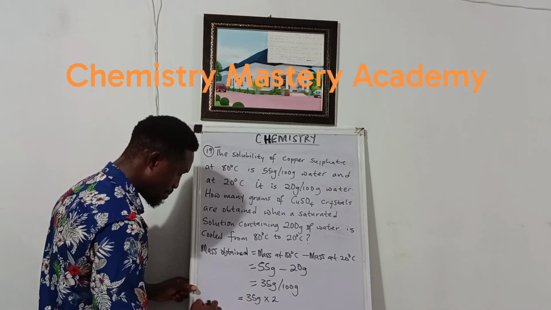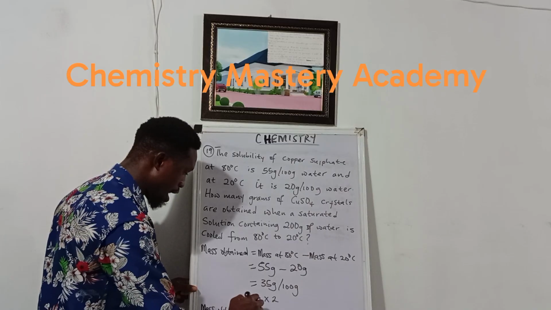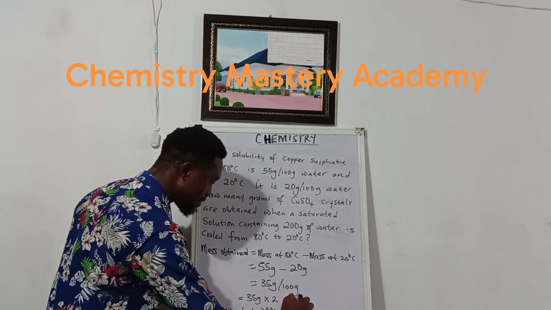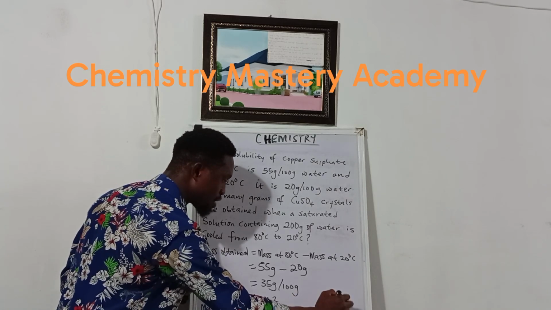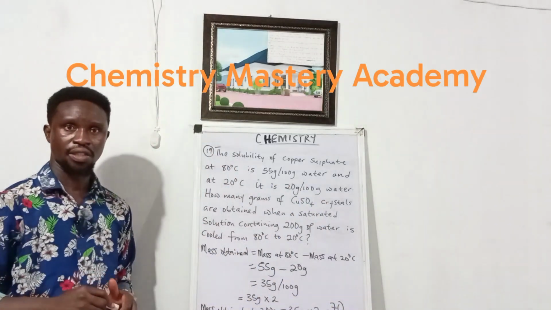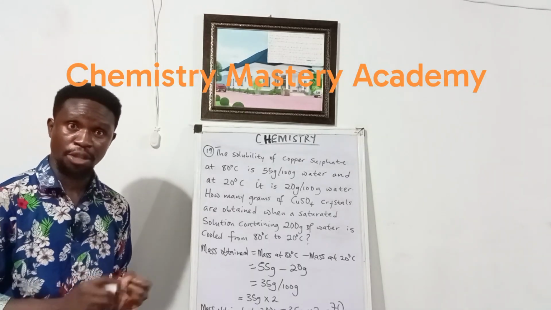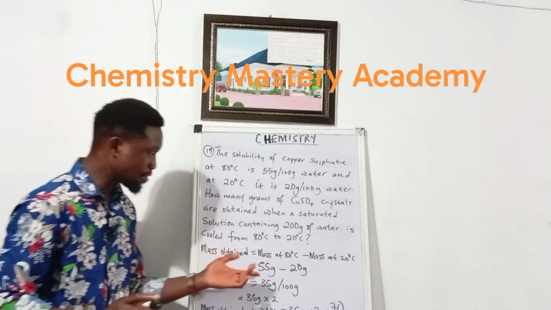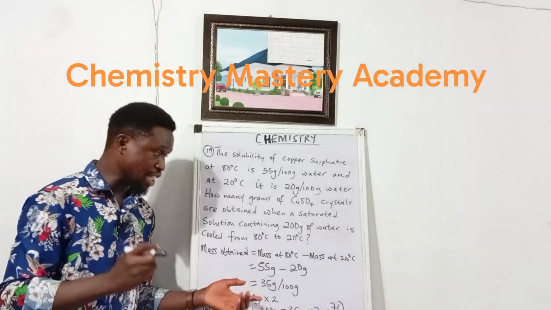Okay? And so, the mass obtained at 200 grams is equal to 35 grams times 2, which is equal to 70 grams. This is our answer. Exactly. Remember, mass can neither be created nor destroyed, but can be transformed from one form to another. Exactly. So if we have 35 grams for 100 grams of water separating out, then in 200 grams of water,